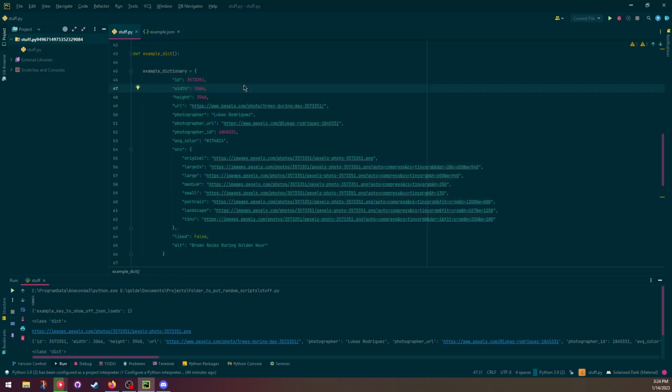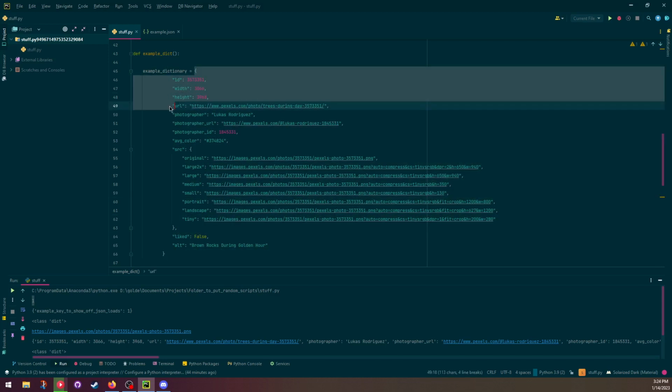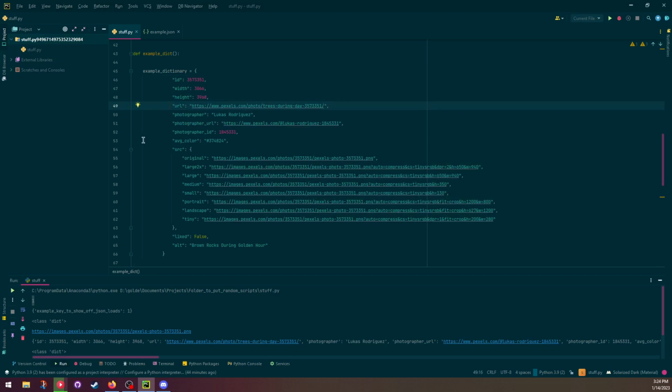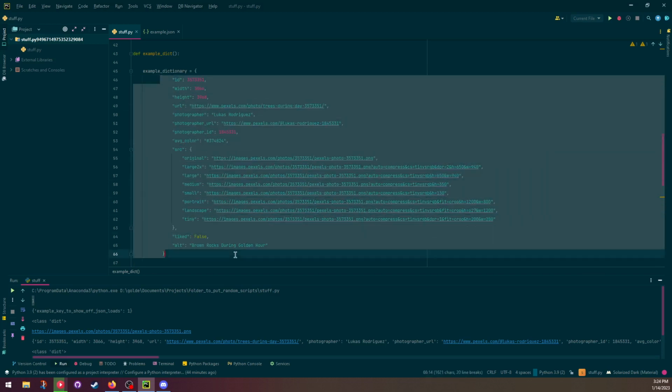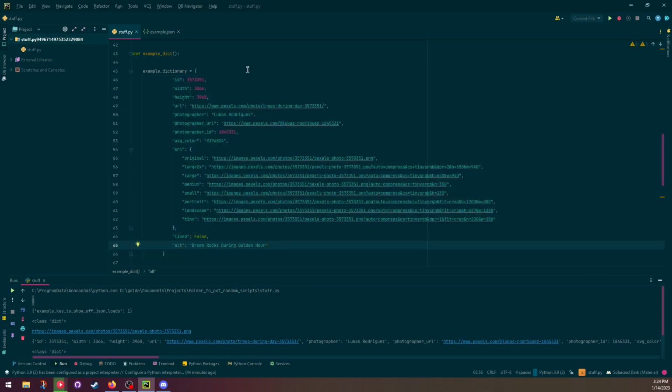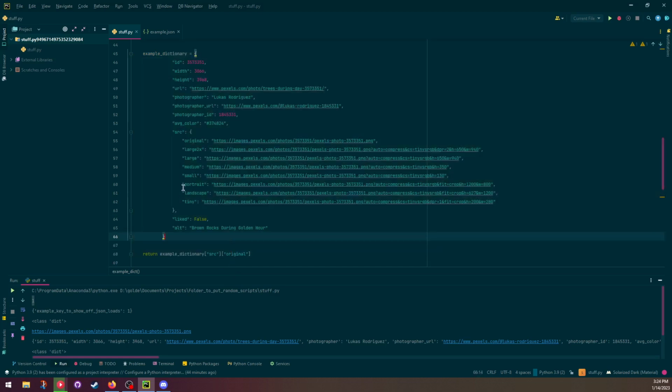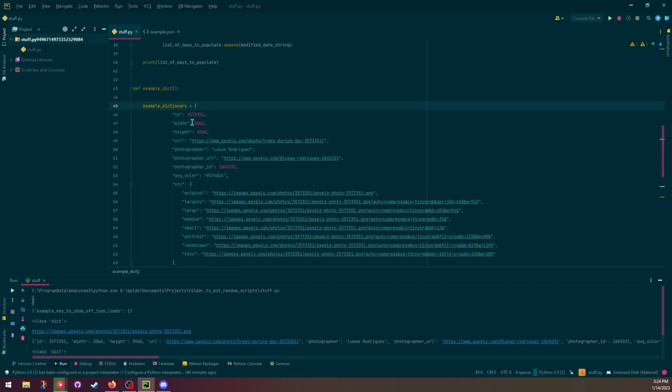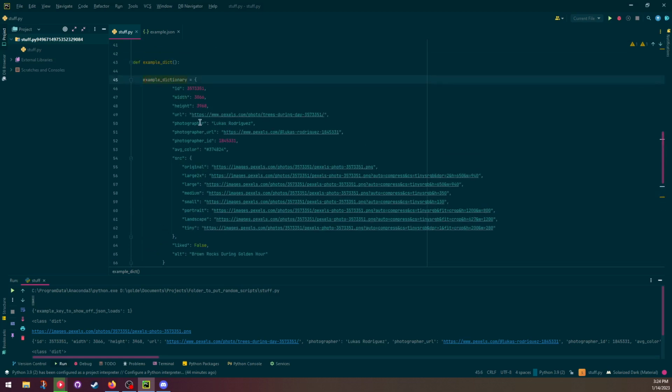it's just a way to take a bunch of attributes of an object and put it all in one place. This is the photo's ID, this is its width, this is its height, this is its URL, this is the photographer, and all this. You're taking a bunch of attributes about an object, which is why it's called object notation, and you're storing all these attributes in one single little thing here,